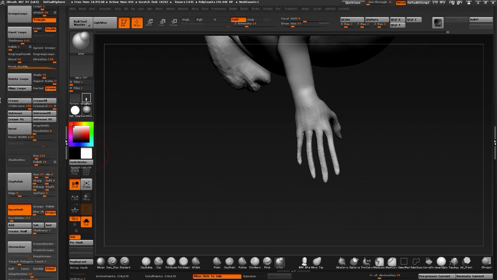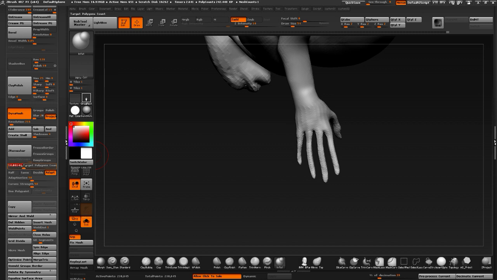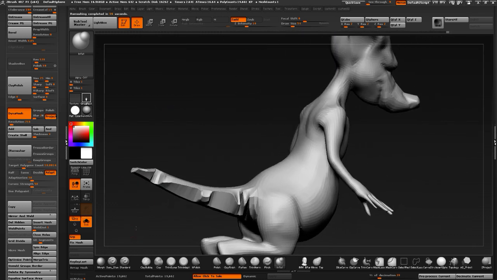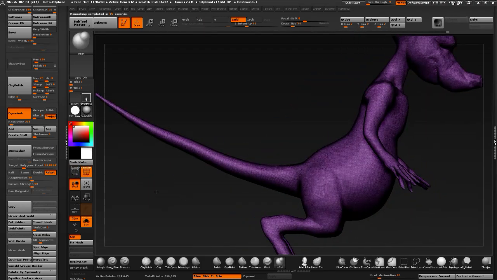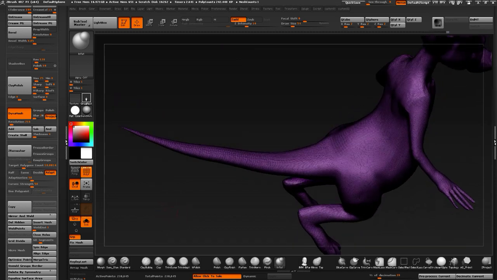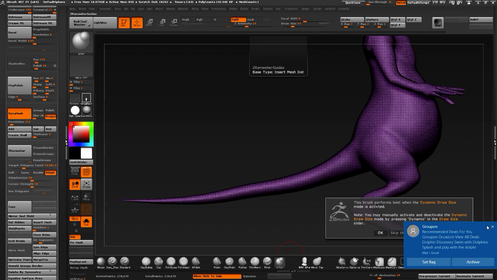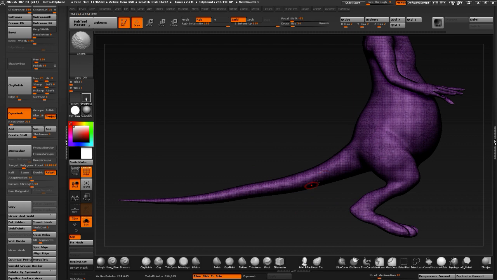All right, what was I doing? ZRemesh. Okay, so let's crank it up to like 9. ZRemesh. Hopefully the tail stays. Oh, come on, buddy. I don't know what's going on. The tail just doesn't wanna stay. Why? Let's try maybe curves. Try to guide ZRemesh, so ZRemesh guides by groups. And let's do